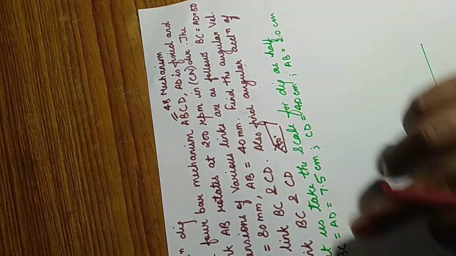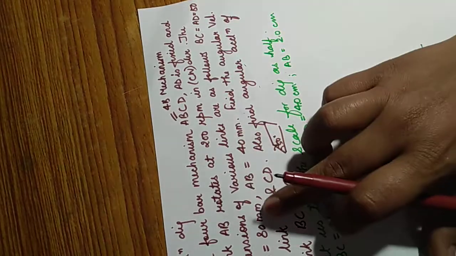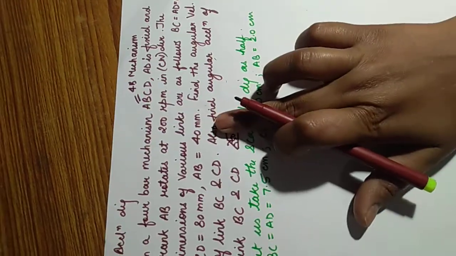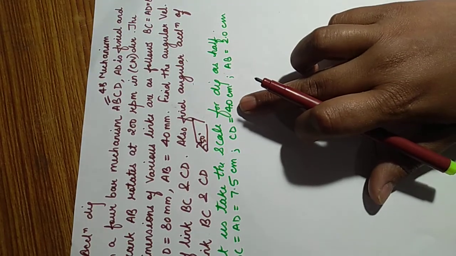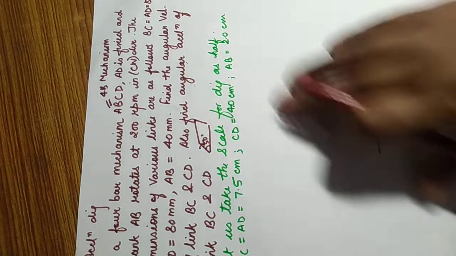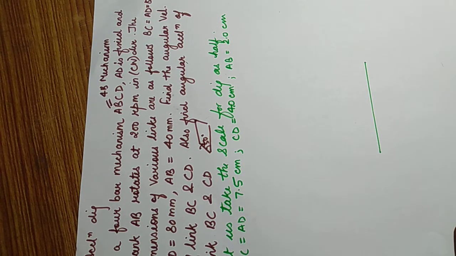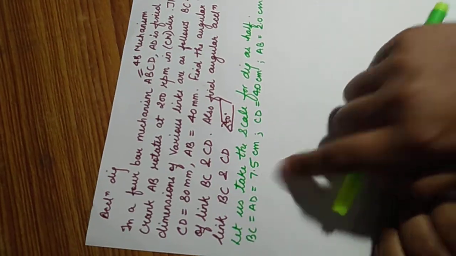So to draw this, first of all we have to take a scale because the dimensions are quite large, that is 150 mm, 80 mm and 40 mm. So we are going to mark one scale first. Let us take the entire scale as half. We are going to draw the figure for half of its dimension. So I have already drawn the first line, like I have drawn AB.